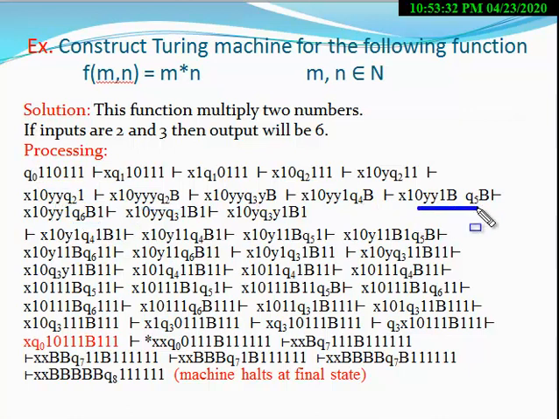Now comes to this ID. At the state Q5, blank symbol appear. Now machine change blank symbol by 1 and also move in the left direction, change its state from Q5 to Q6, right? So change this blank symbol to 1. So now this blank symbol is changed to here 1 and machine move in the left direction and change its state to Q6, right? So at the Q6, when blank symbol appears, machine change its state from Q6 to Q3 and also move in the left direction.